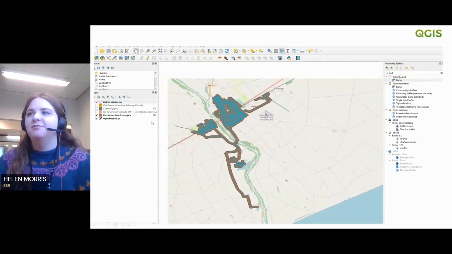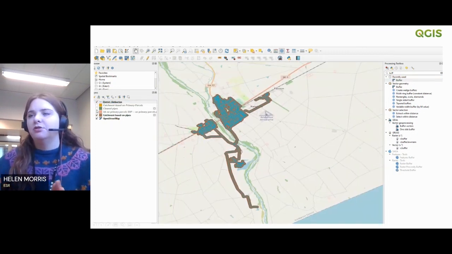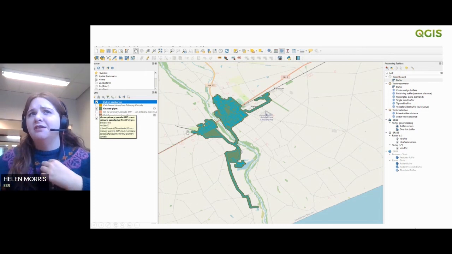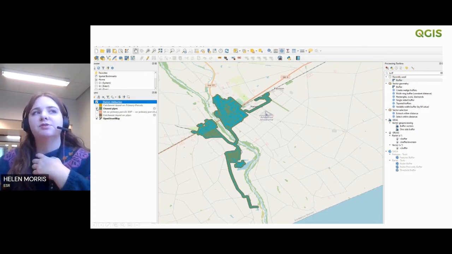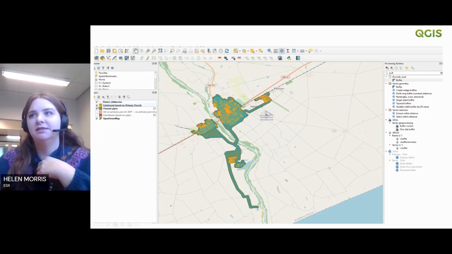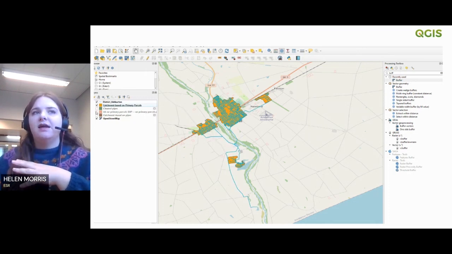We were using a buffer method, so just created a polygon about 150 meters around all of the lines that we had. We found this was not necessarily very accurate, so we ended up using some Lens data, which showed primary parcels, and